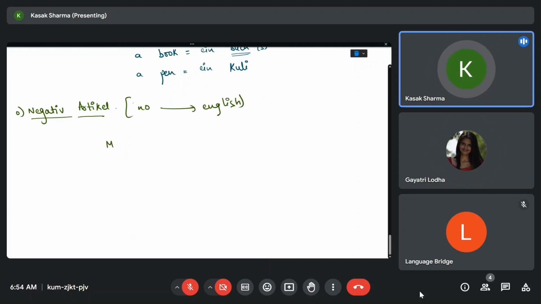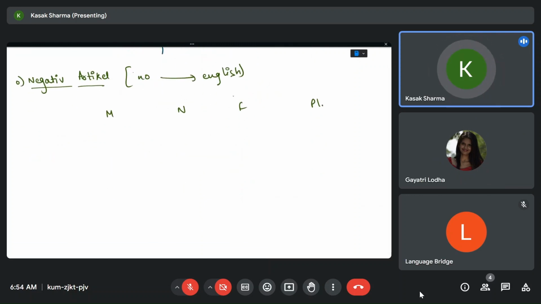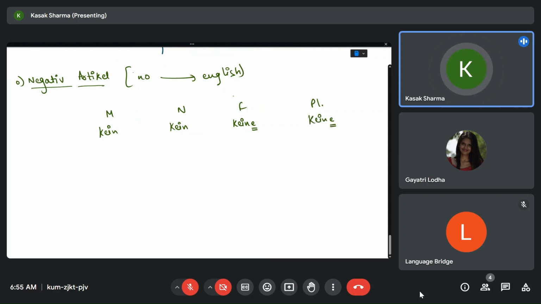Now again we have masculine, neutral, feminine, and plural. Here we use plural. For this negative article, it's just simple: just add k. So it becomes kein. Neutral is also kein. Feminine is keine, adding an extra e.